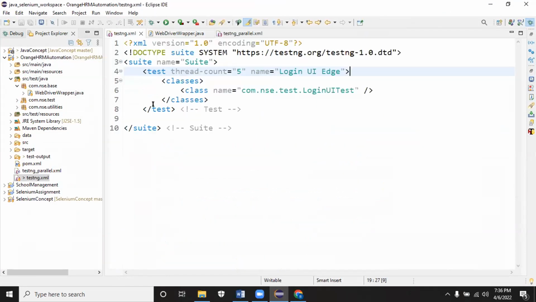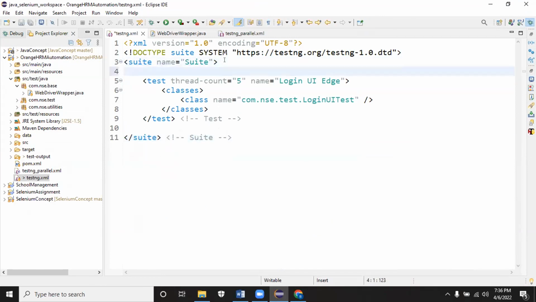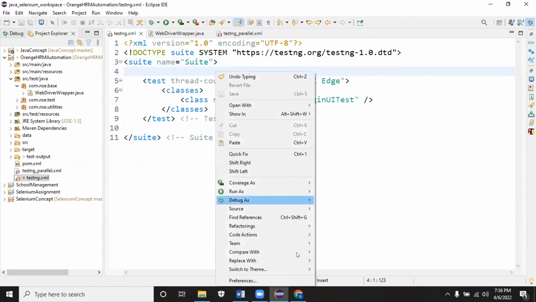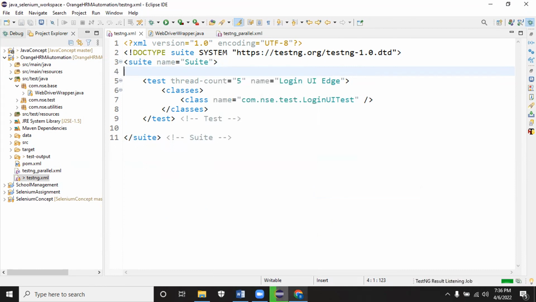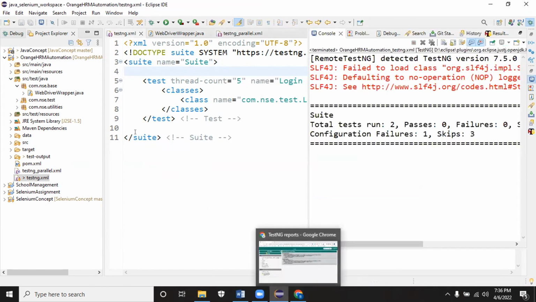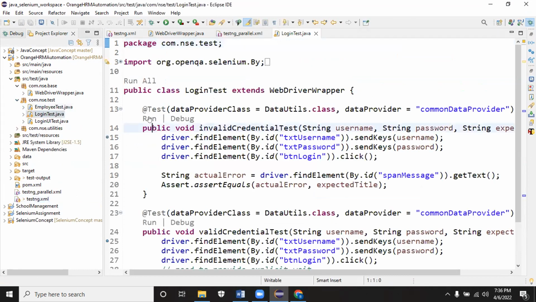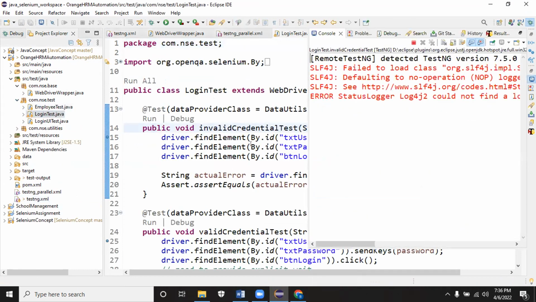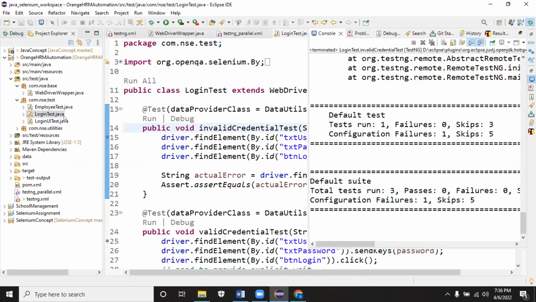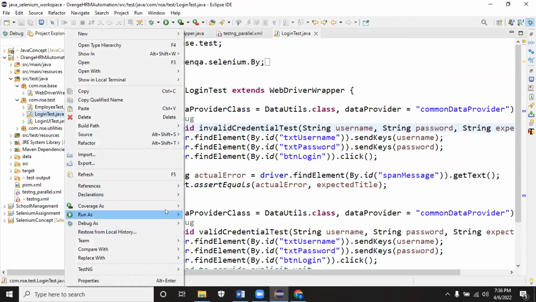Now, when I trigger an XML without parameter tag, it will throw the error. Okay, same error. Whenever I run, it will throw the error saying the parameter tag is missing. And if you trigger any test method also, you will get the same error. If you trigger a test method, it will auto-generate the XML. If you trigger using this, right click on the class and then run as TestNG, it will try to auto-generate.